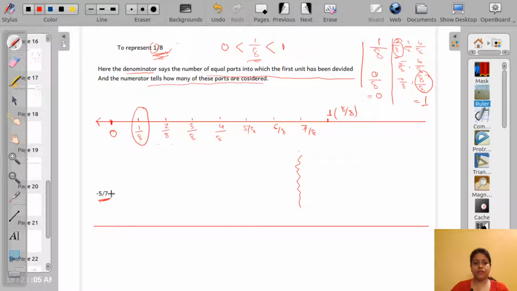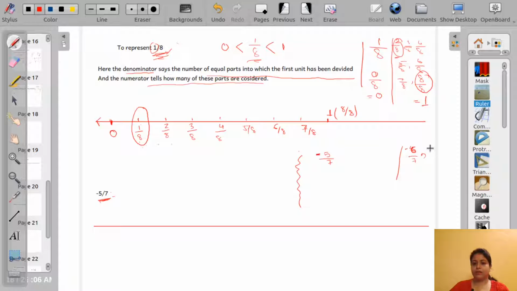And the denominator is 7. That means we have to divide this number line into 7 equal parts. Okay, so minus 5 by 7. So minus the number which is just less than minus 5, minus 6, minus 7. No, we can't convert into whole number